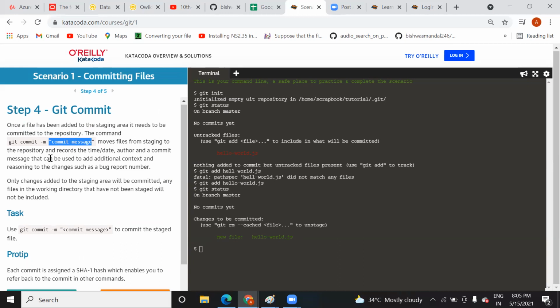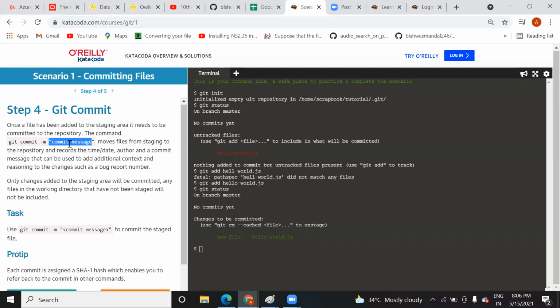What it will do is move the file from the temporary staging area of the repository, where the temporary file is saved before going to commit, to the committed area. It means it will move from the temporary location to your repository where you want to save it. Like here, it is going to move it to this area, home scrapbook tutorial.git, right? So here let's run this, and you can read this command also in order to understand. If anything is not clear, you can read it here.